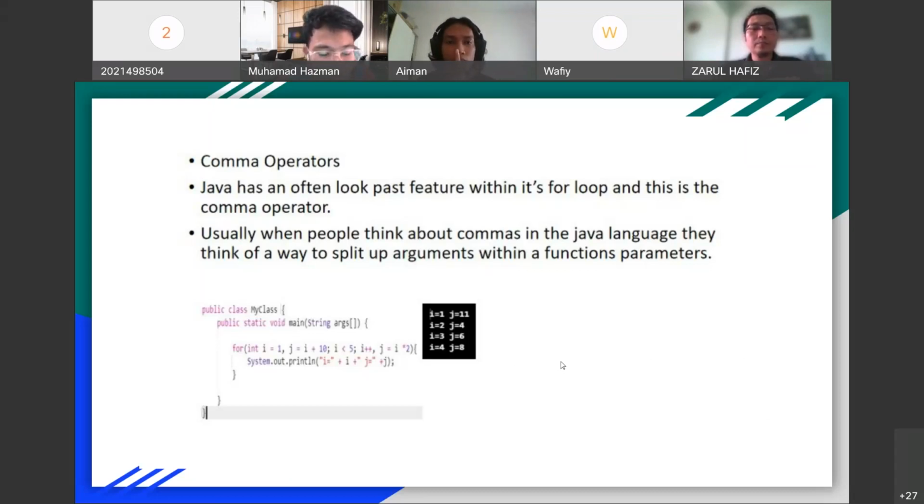So we set the variable integer i equal to 1, j equal to i plus 10, and then we add a comma, i less than 5, another comma, i plus plus. So it will loop based on how many times. For example, here it sets i plus plus less than 5. So it will print out the result in black: i equal to 1, 2, 3, 4, 5, 4, j, 11, 4, 6, and